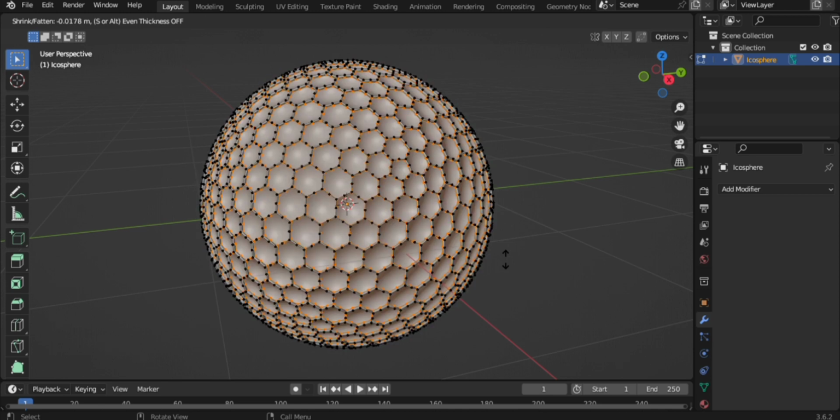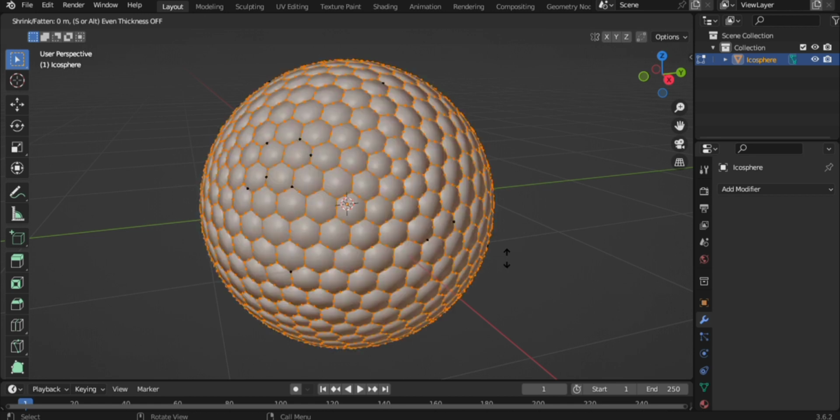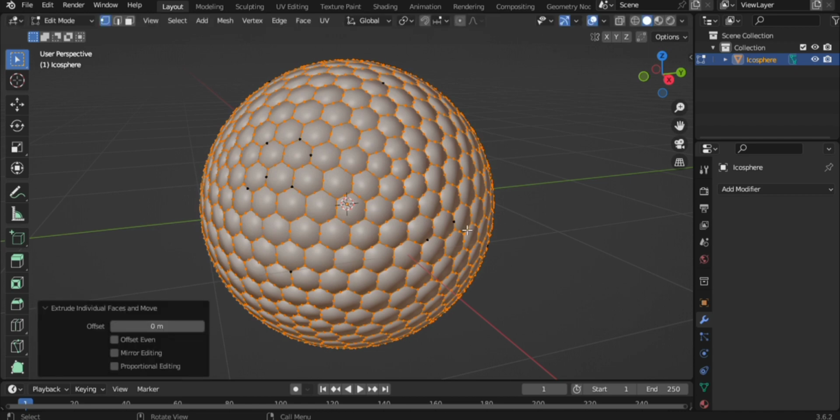Something like out a bit, out a bit, something like this should be fine. Then what you want to make sure you do though